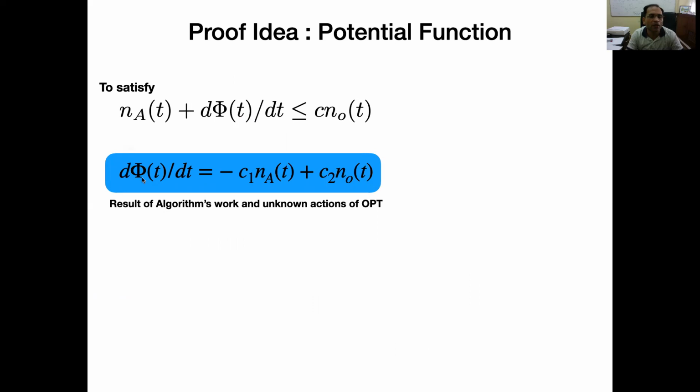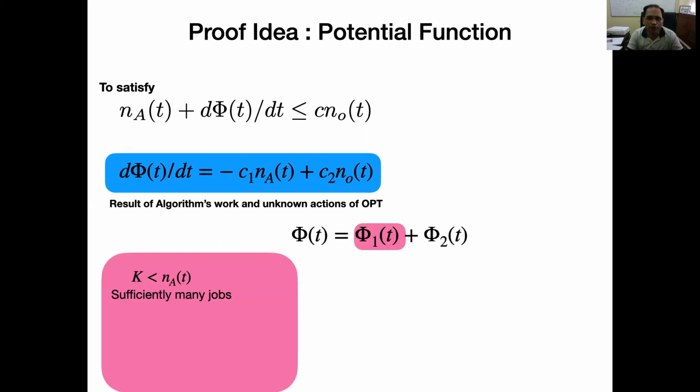So as the algorithm processes more and more jobs, this potential function decreases, and that's why the derivative is negative with respect to the number of jobs in the system. Similarly, for the jobs in the system with the OPT is going to be positive, and this is what we want to show. So for the current problem we have, how we are going to construct phi of t